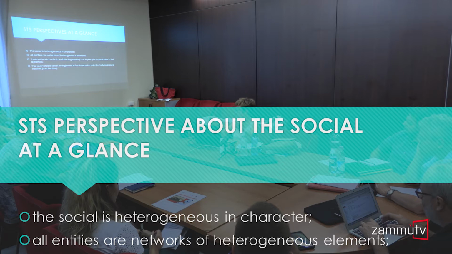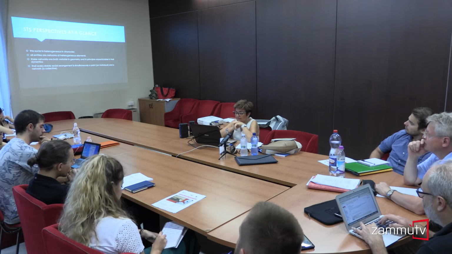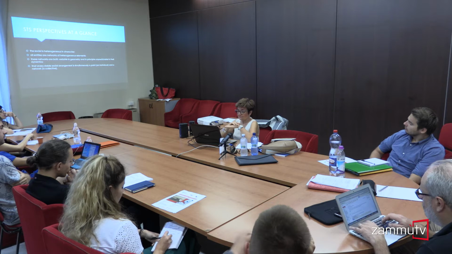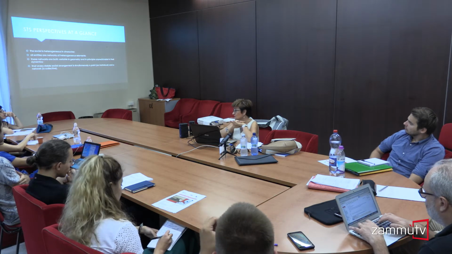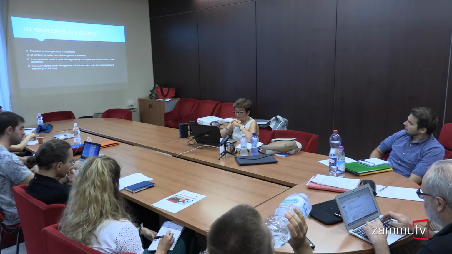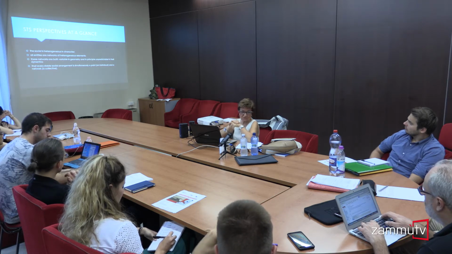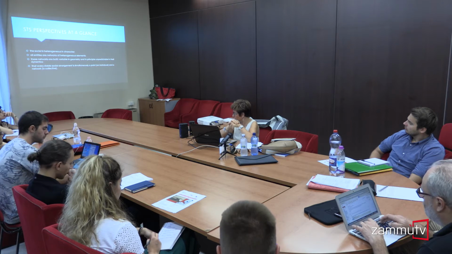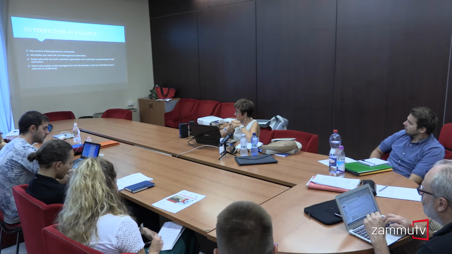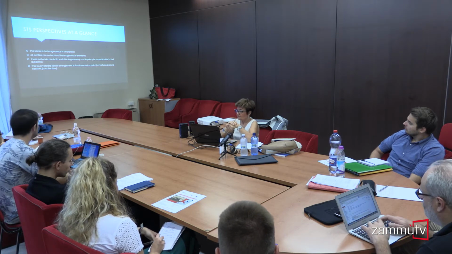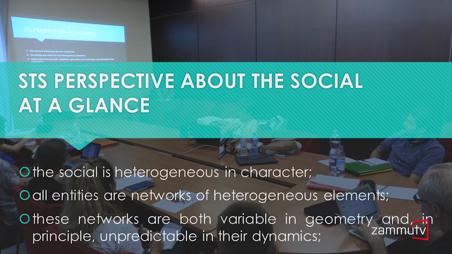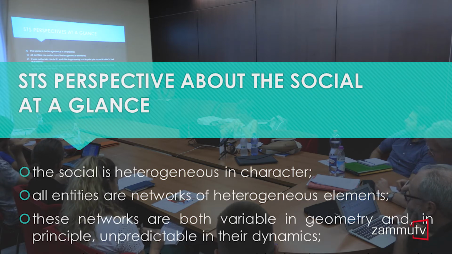of entities. And second point, the entities which make these networks are themselves conceivable as networks. So, what in sociological theory is defined as action or agency may be conceived as the result of these networks' dynamics. Third point, these networks are both variable in their geometry, in their compositions,